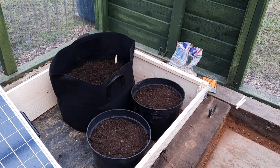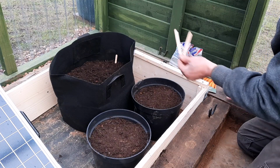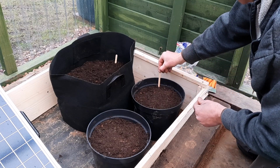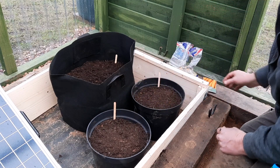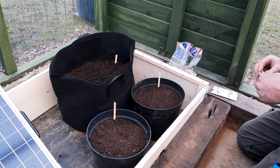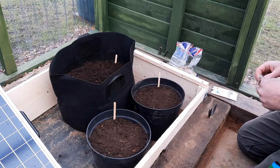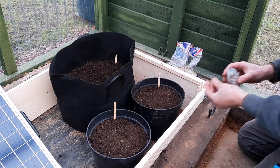Same thing with the carrots. I've got a couple of labels again, just to let me know what's in and what date I've put them in. These are the only ones that are going in now, and this is a bit of an experiment. I really don't know whether it's going to be warm enough to be able to get these to germinate,